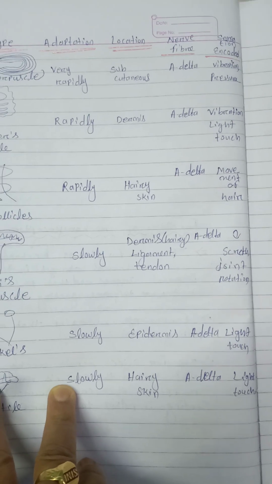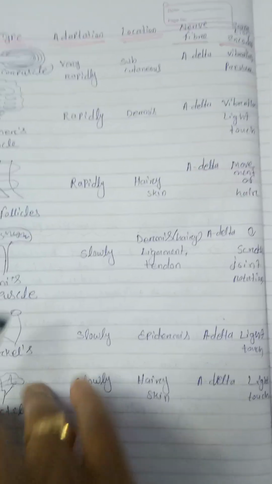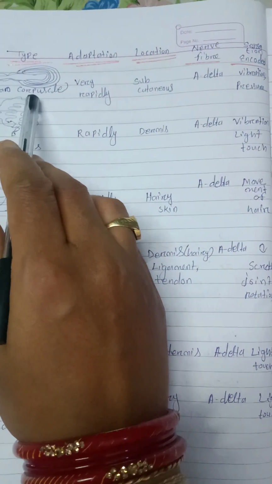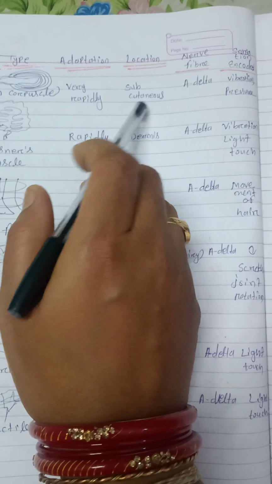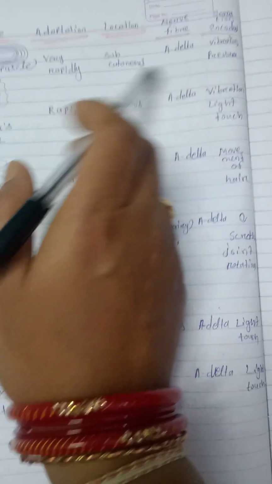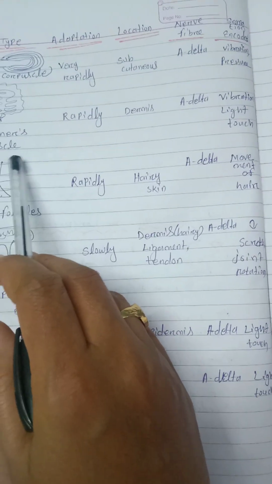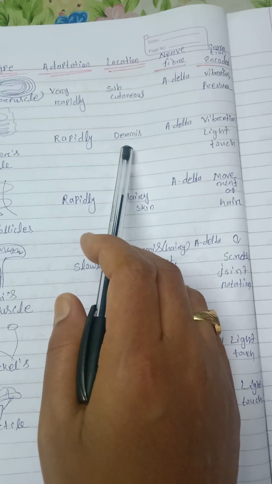Type, adaptation, location, nerve fiber and sensation encoded. Pacinian corpuscle: very rapidly adapting, subcutaneous location, A delta, vibration or pressure. Meissner's corpuscle: rapidly adapting,